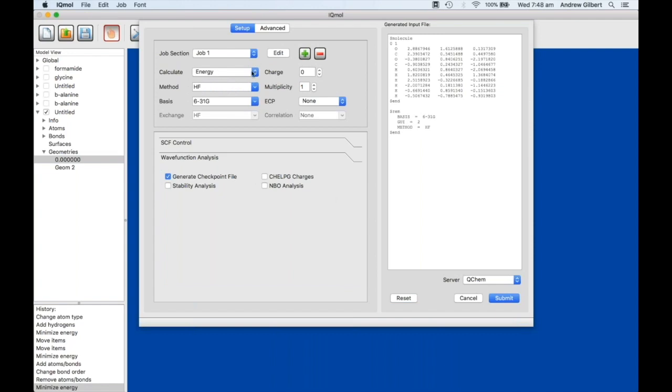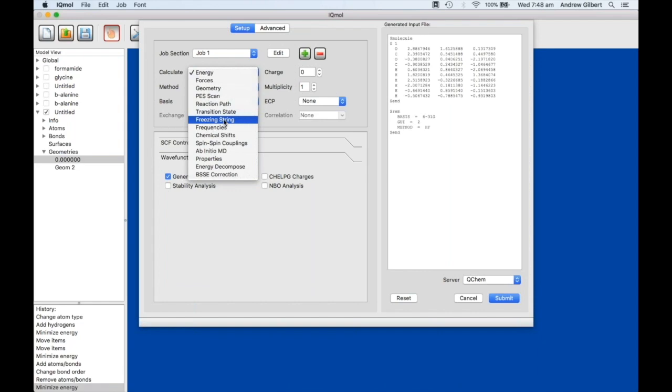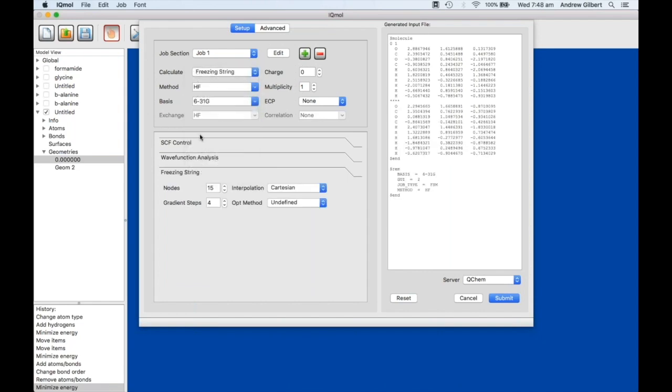Now, we're going to do a freezing string calculation. We can leave the number of nodes and gradient steps as it is, but let's try a different interpolation scheme and conjugate gradient for the method there. One thing I will do for this calculation, sorry, I forgot to mention,